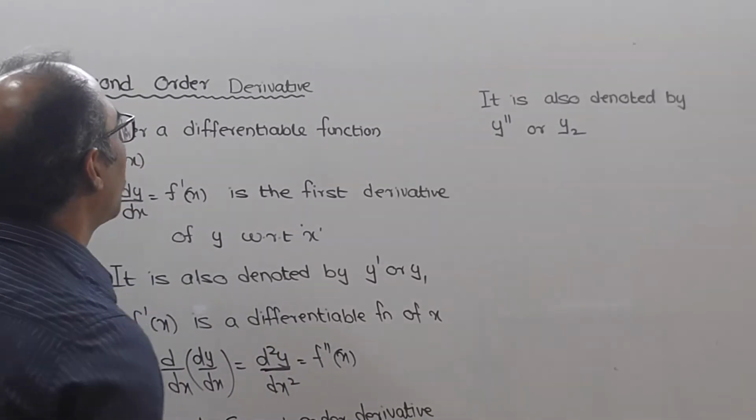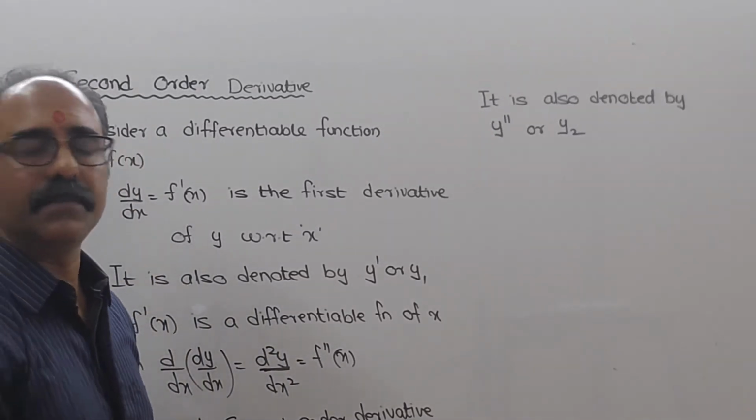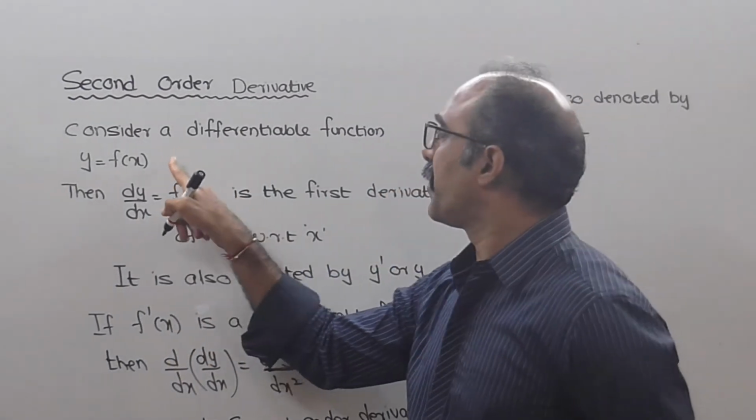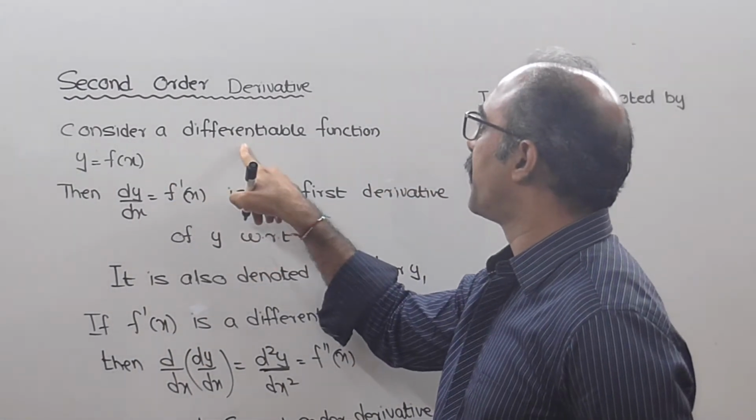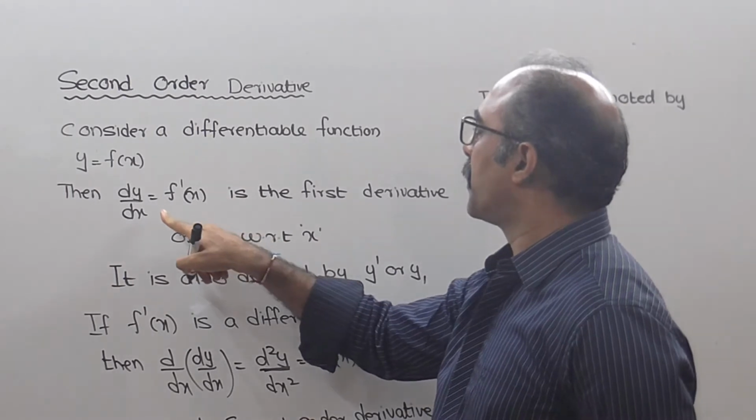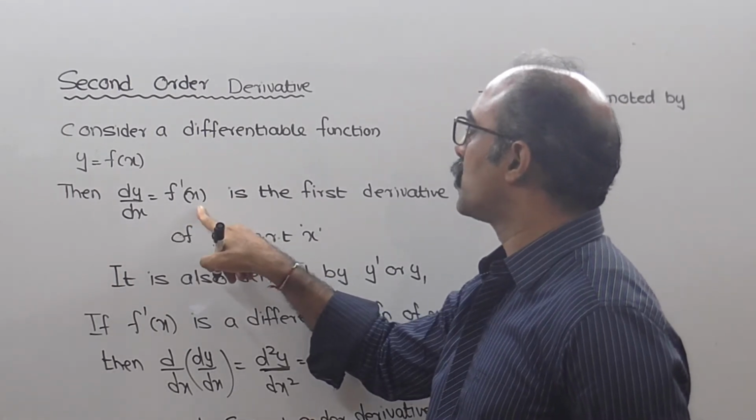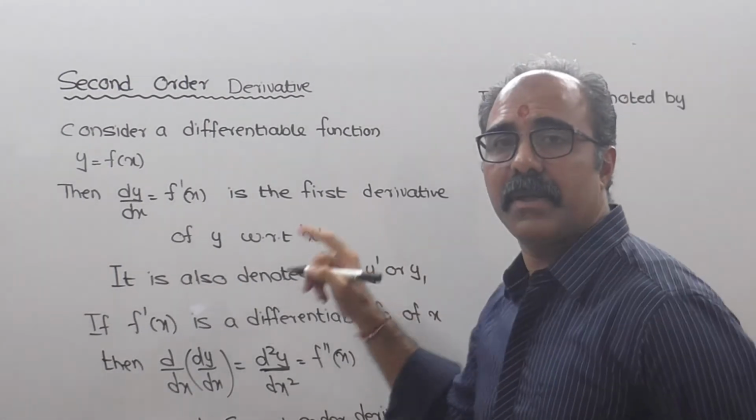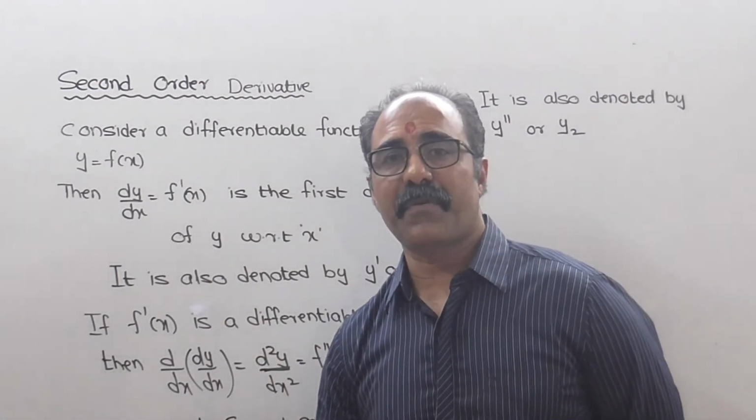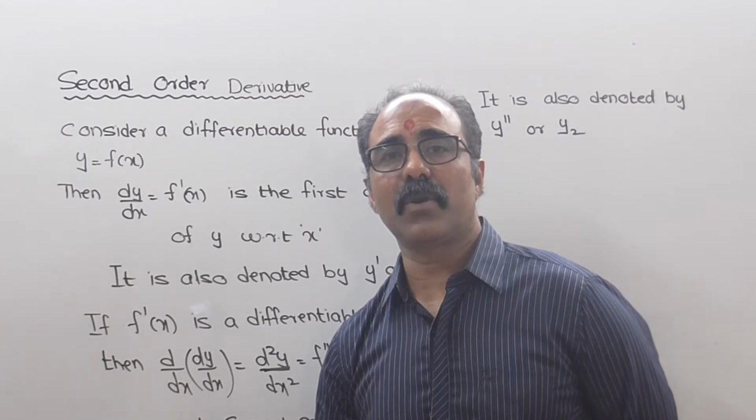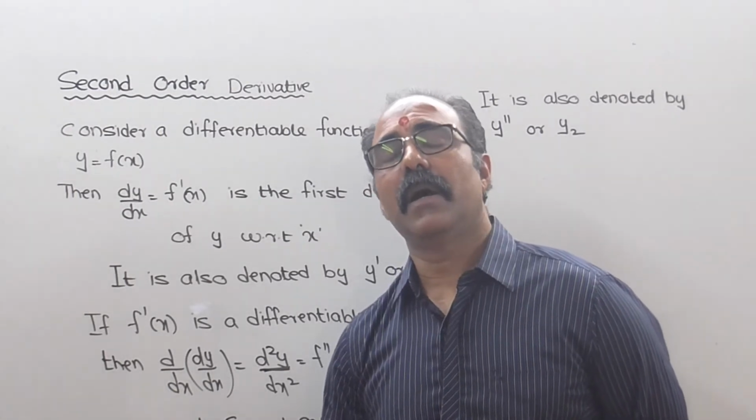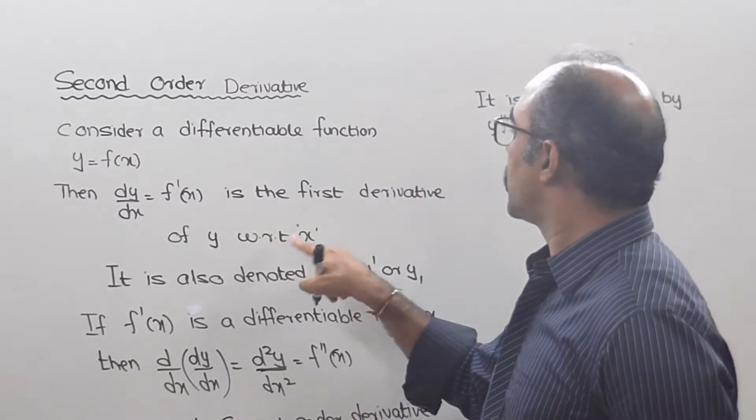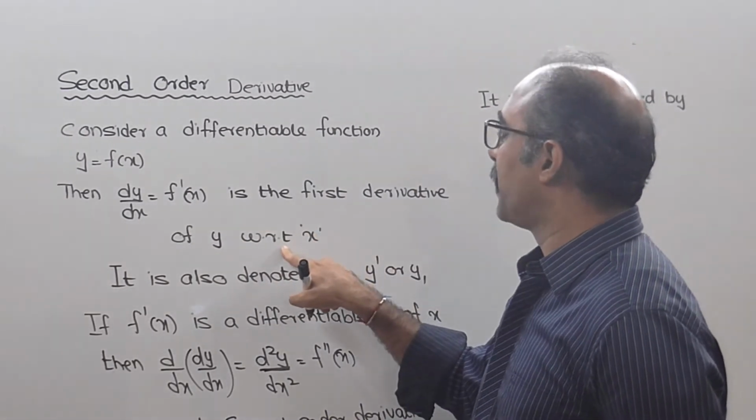Now we're going to do a new part of derivatives which is called second order derivative. It means that if y equal to f of x is a differentiable function, then dy by dx, which can also be called f dash of x, is called the first derivative. If y equal to f of x, then the derivative of y is denoted by dy by dx, and f of x will become f dash of x, is called the first derivative of y with respect to